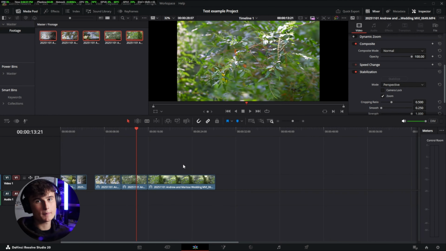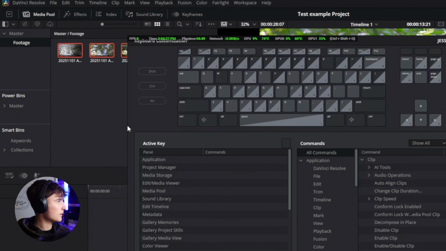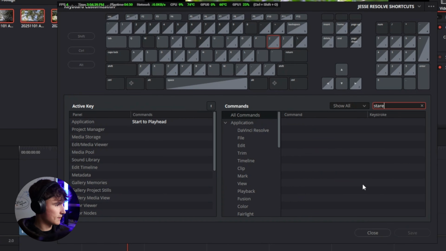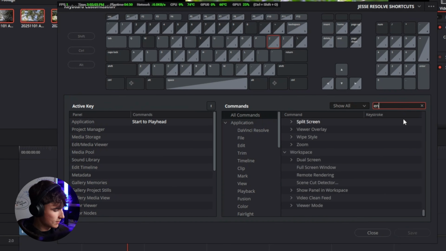Moving on to the next cutting method, we'll first come up to keyboard customization, and this time we're going to search for start to playhead and end to playhead. So we're going to type in start to playhead, and it will be under ripple, so you'll open that and you've got it here. Same again, you'll hit the plus icon and put in whatever you want from your keyboard, and then you'll delete all this, and then you'll go end to playhead,